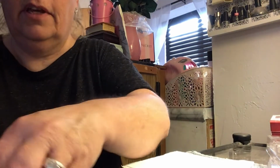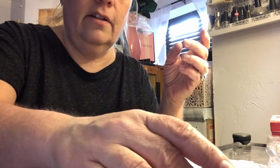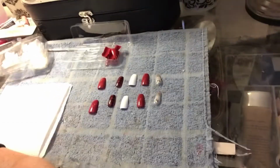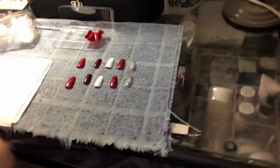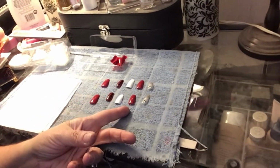Okay, so that looks good. Let me turn the camera around so you can see it. Let me turn it so you can see it. See? So, thumb, first finger, middle finger, ring finger, pinky. So,